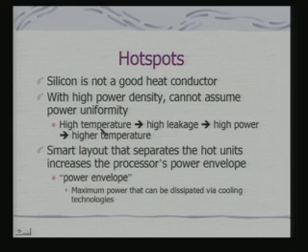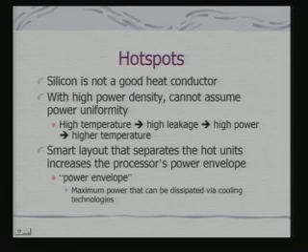If you have high temperature, that may lead to high leakage of the current, and high power, and that is leading to high temperature. So, it becomes a kind of a loop. Now, the hot units are those units in the silicon area which are widely and densely used, and there the power consumption would be more, there may be more dissipation, and the temperature at those points may increase, and those are your hot spots.